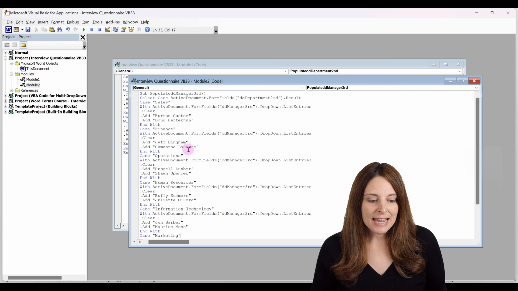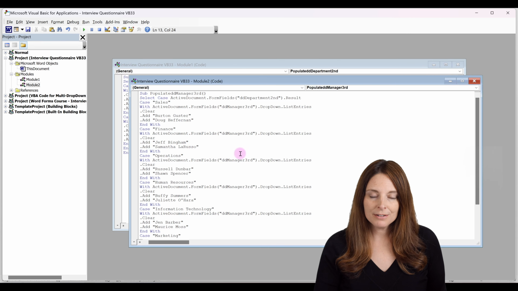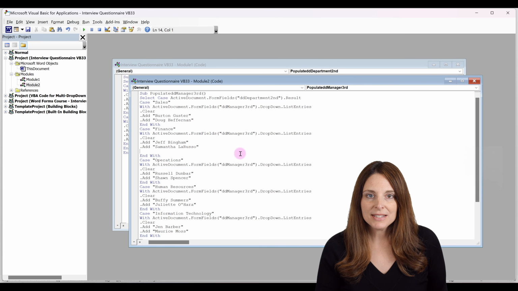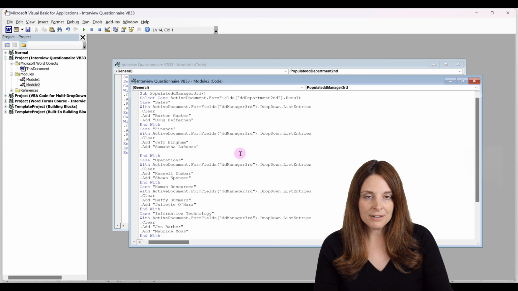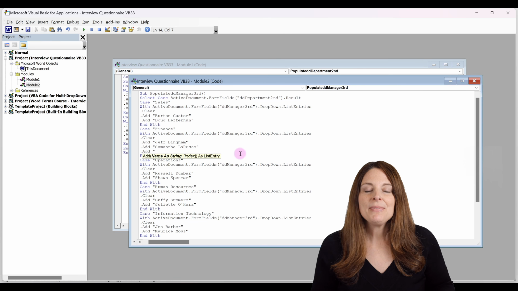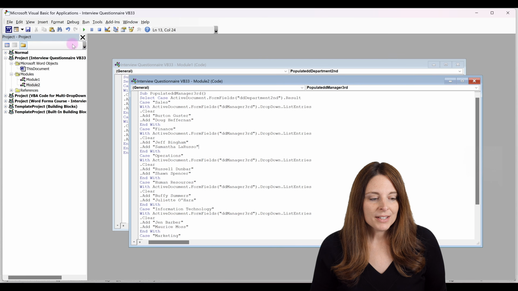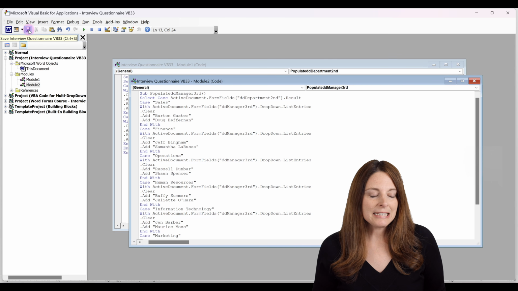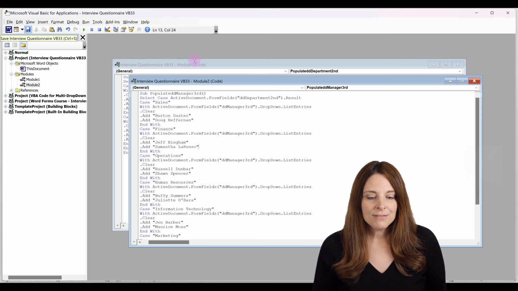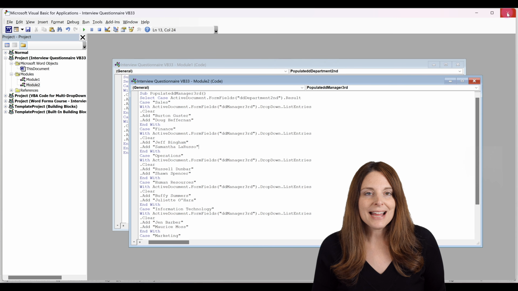And if you need to add, you would just put your cursor here, hit enter, use the same syntax, type a period, add, and then put in quotes the name, and you would be able to save that as part of your macro there. So I'm going to delete that out, and we're just going to come up and click on save. So once you have everything filled in, you'll just click save, and then you can actually close out of the